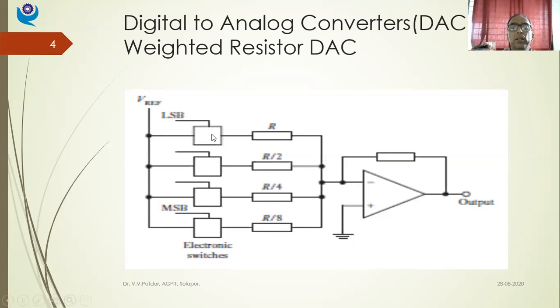0011. So this will be the voltage because it is 1, the switch is on, plus this is also 1, this will also be a voltage: voltage 1 plus voltage 2. Then I have 0, 0. That means this switch will not be operational, so this voltage will not be applied. This will not be summed up, isn't it? Only these two voltages will be summed up. Now, while calibrating this D2A converter, I need to calibrate it by various trials and errors related to my reference voltage and selection of resistance. I have to be very cautious about the selection of resistances. Otherwise, I will not have appropriate D2A conversion.